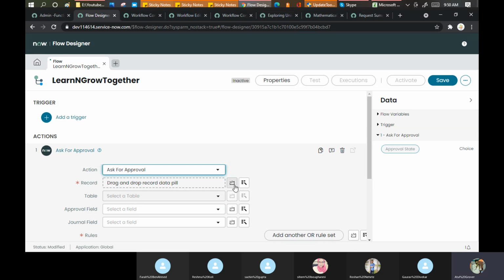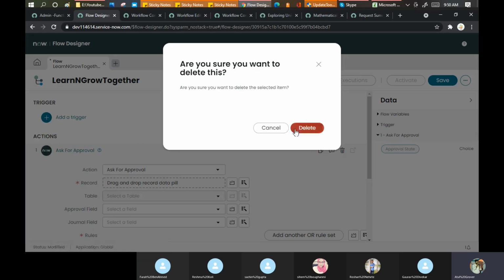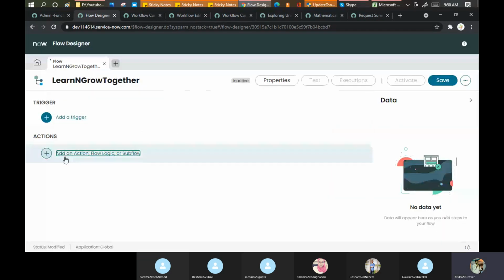I said two options: either do the scripting, or do the data picker. Click on this. Okay, ask for the approval. No, wait, let me change this part. I guess that is asking for the journal part, so it is taking this. Delete, and let me add an action here.